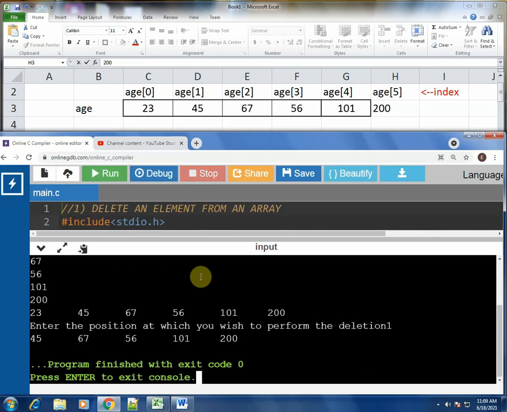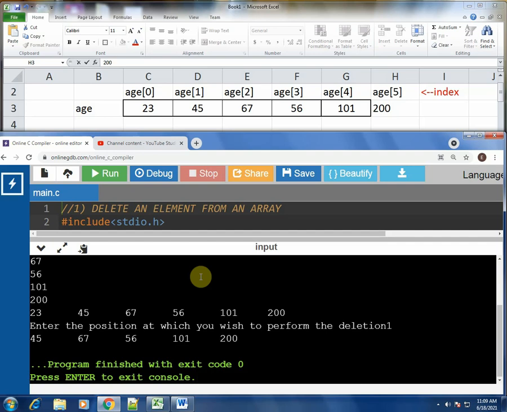Now you see in the output array there is no 23, which was the first element, removed. Everything that was after 23 is now shifted forward and no element is repeated. So the output is perfectly correct.